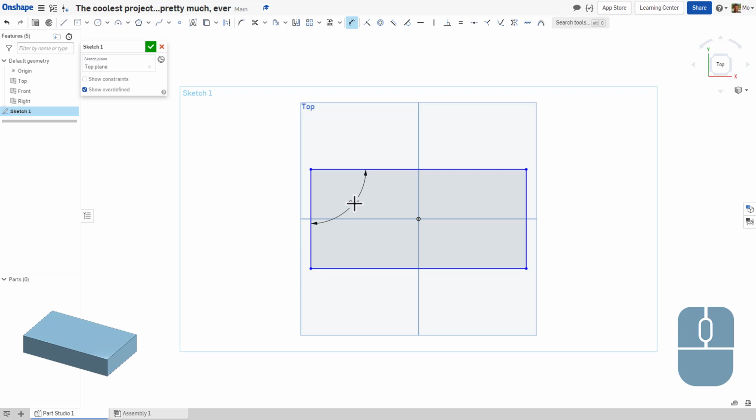We know that this is a rectangle. We don't need to dimension this as 90 degrees. Thank you very much, Onshape. This is not helpful. So what I want you to do is press Escape, get out of the tool, come back up to the dimensioning tool, and think carefully about where you're going to place your bubble. So I'm going to click once, this bubble pops up,